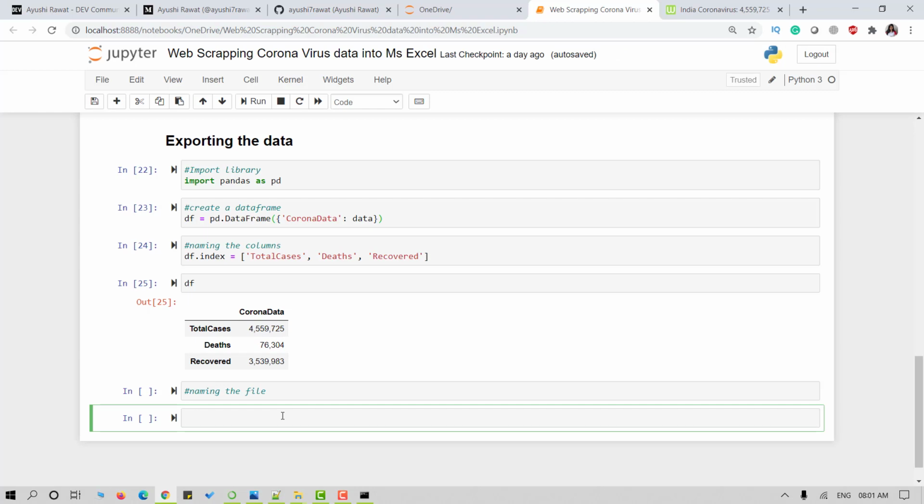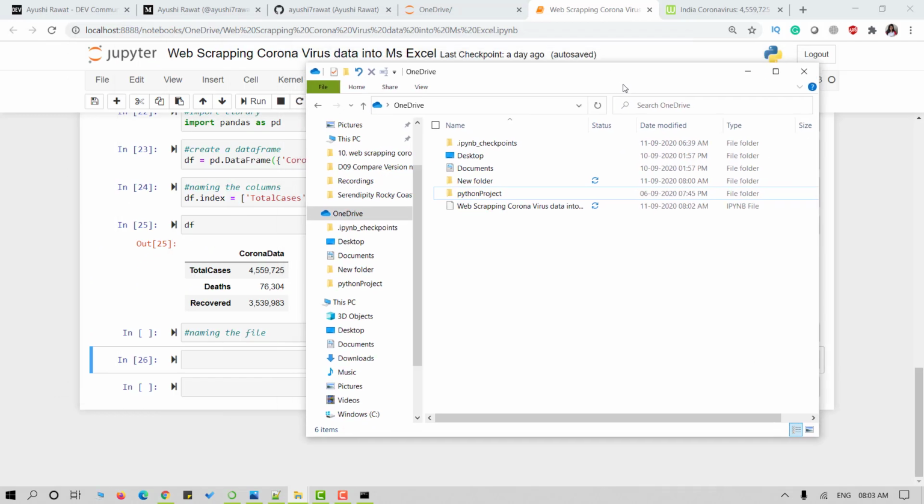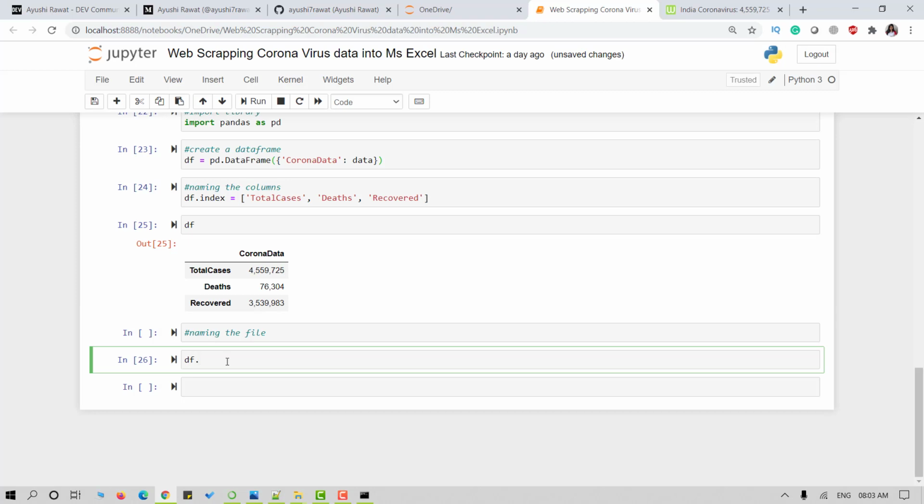Our final step is to export the data into MS Excel. I am going to use to_csv for the same. My Excel file will be created in this folder because this is the path which I am using for my Jupyter notebook. I will provide the file name here and remember to provide the extension as .csv.